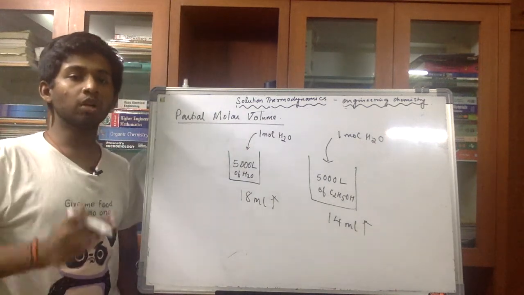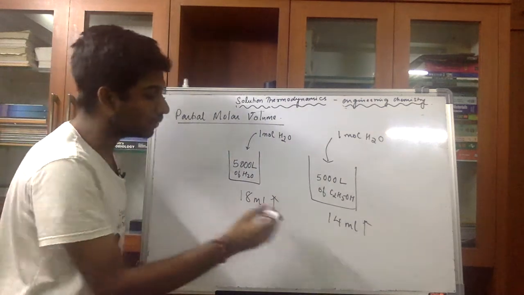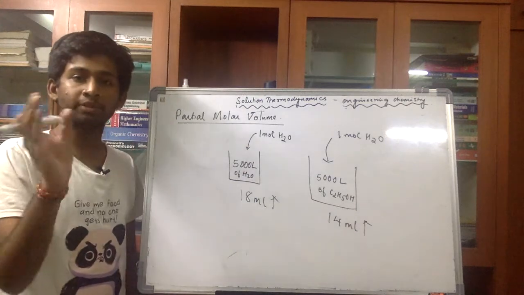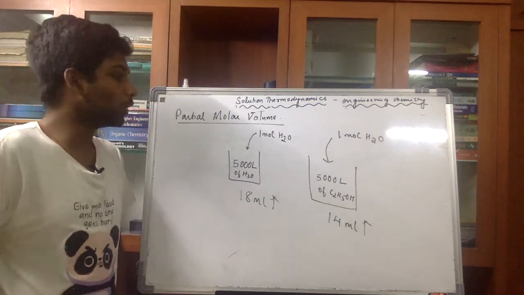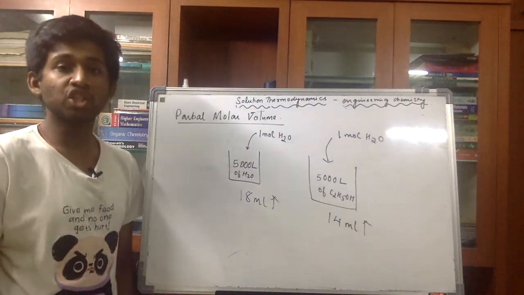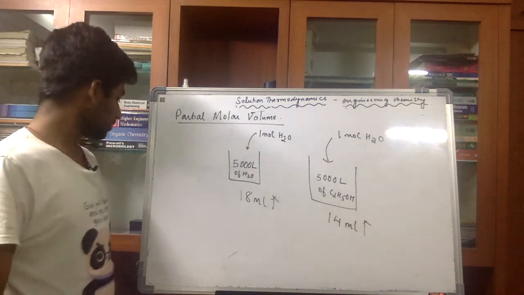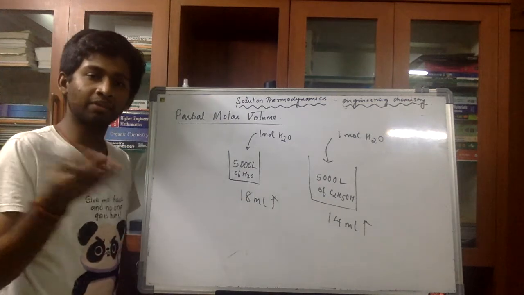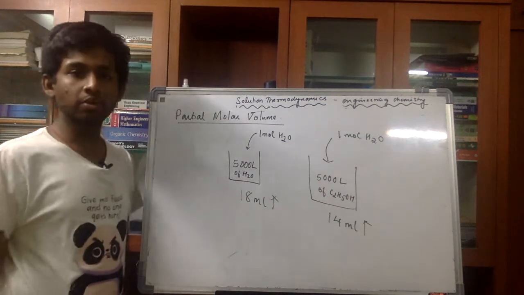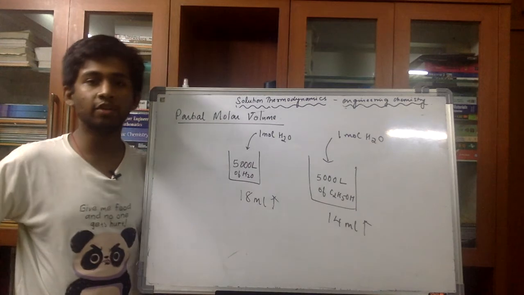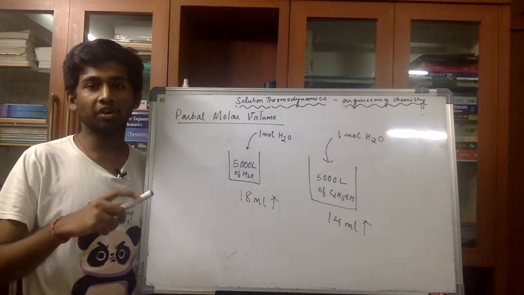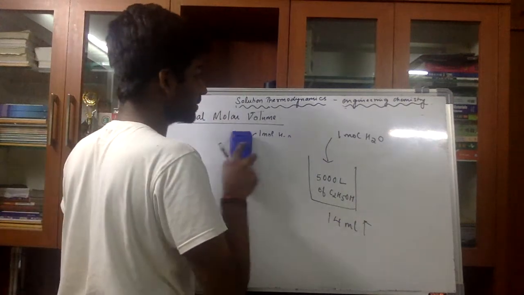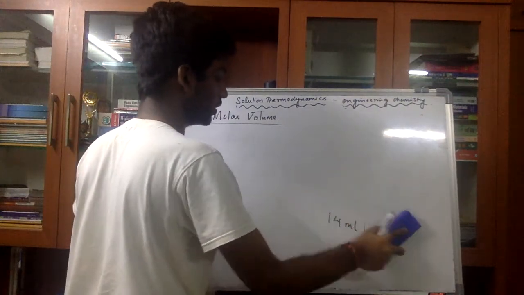To talk about this change, this anomaly, which is an increase of 18 ml here and an increase of just 14 ml there, you will bring in a factor known as partial molar volume. Various textbooks have graphs to talk about this. You can refer to the textbooks. K.V. Narayanan, for instance, is a very good book where you can find the graphs. But the graphs are not of much importance. The concepts are more important, so let's go on to the concepts.